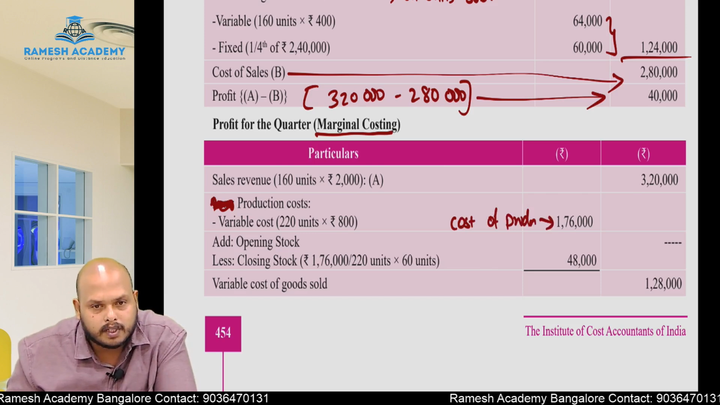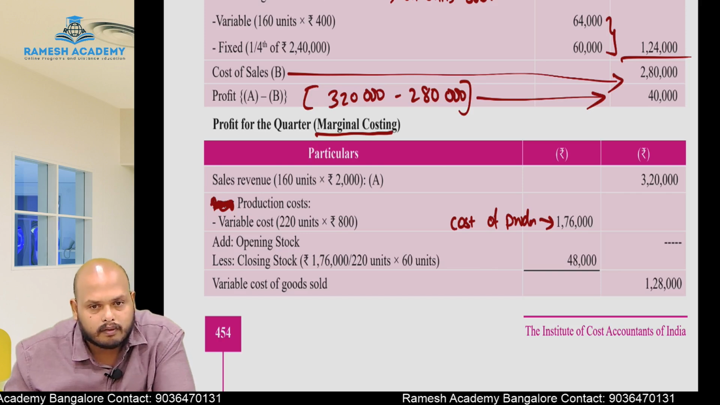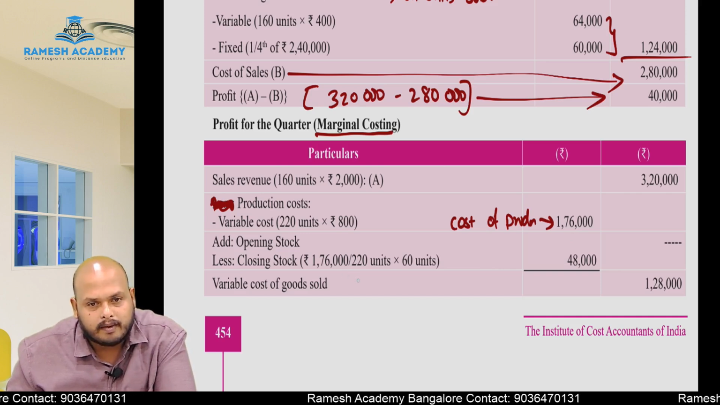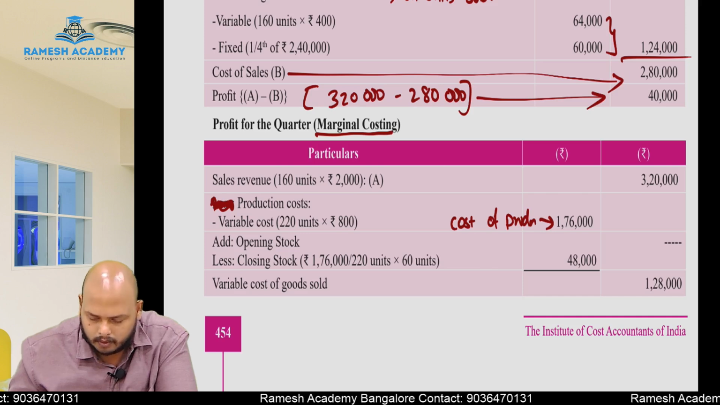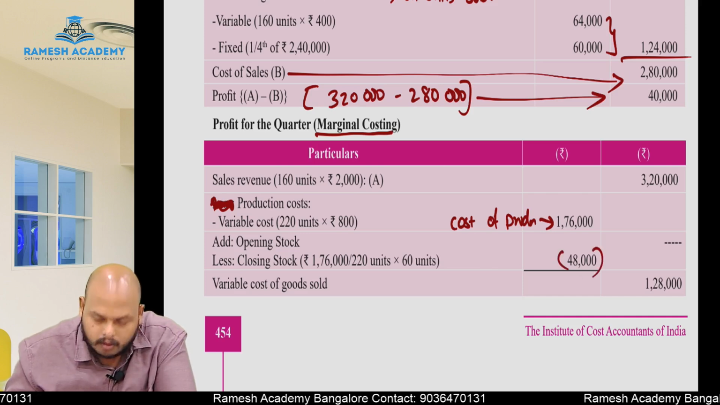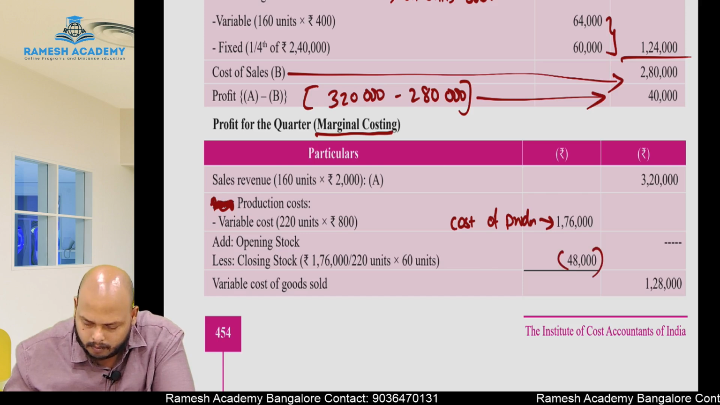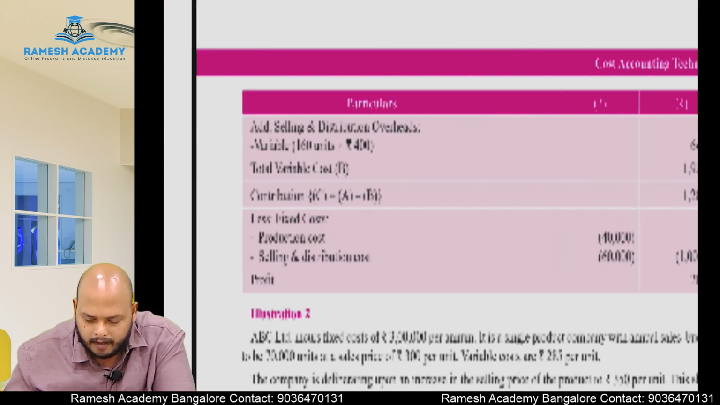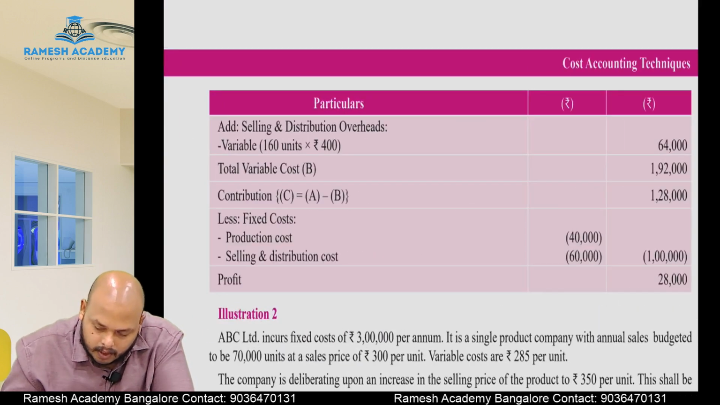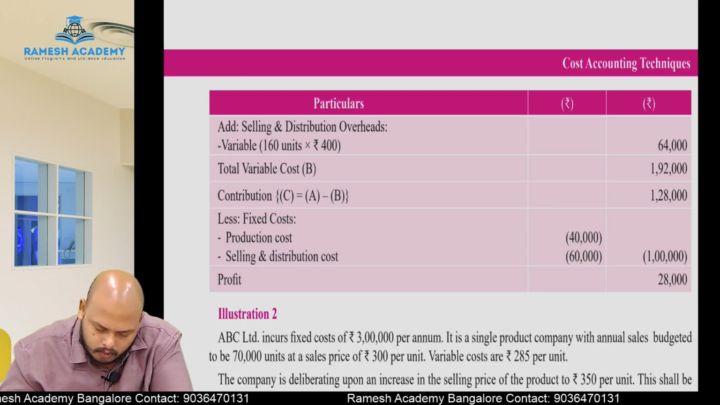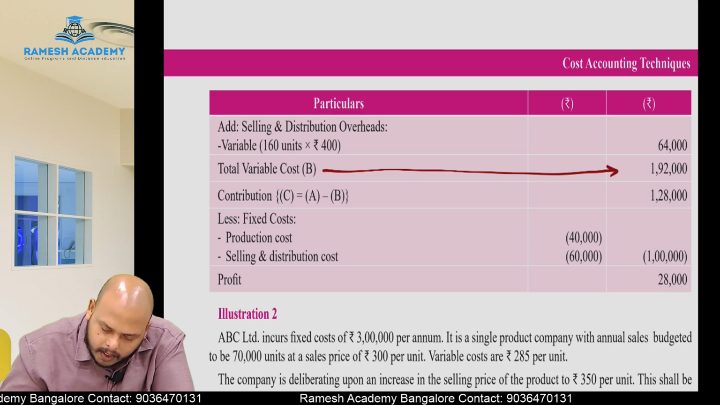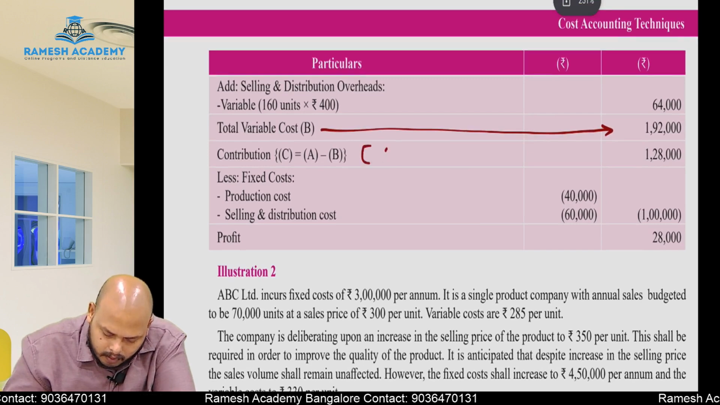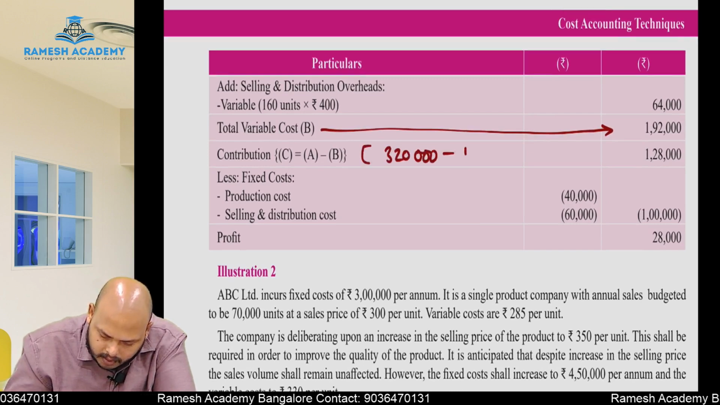Opening stock of finished goods is 0, minus closing stock of finished goods. This 1,76,000 is for how many units? 220 units. 1,76,000 divided by 220 into 60 units, how much? 48,000. 1,76,000 minus 48,000, how much? 1,28,000. This is the COGS. For this, we need to add variable selling overheads. How much are the variable selling overheads? 64,000. So what is the total variable cost? 1,92,000. Contribution is equal to sales minus variable cost. 3,20,000